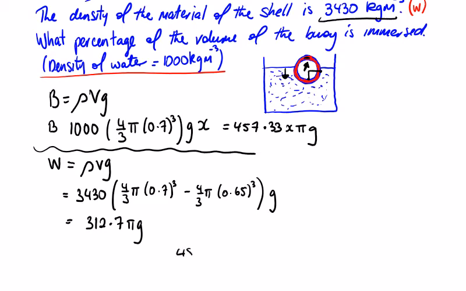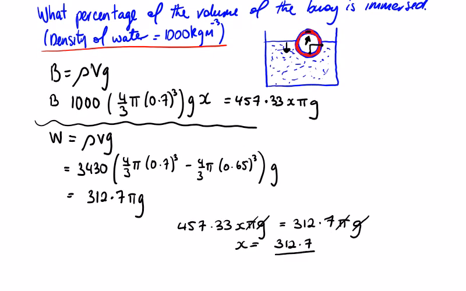So 457.33 x pi g equals 312.7 pi g. The g's cancel. So x is going to be equal to 312.7 divided by 457.33, and that will give us 0.68375,